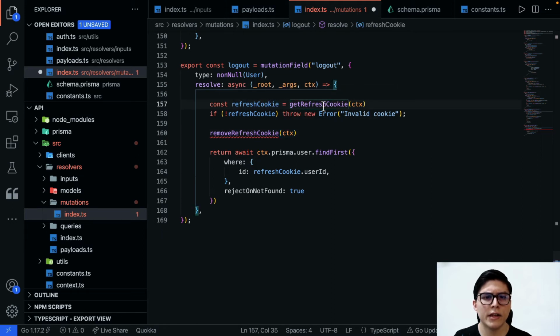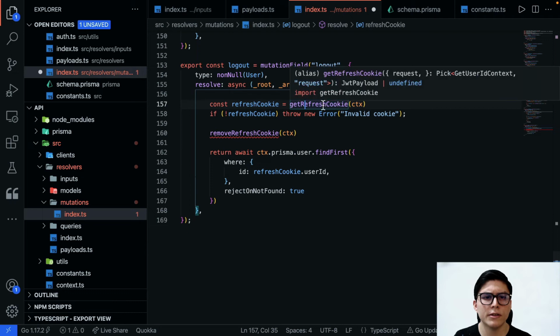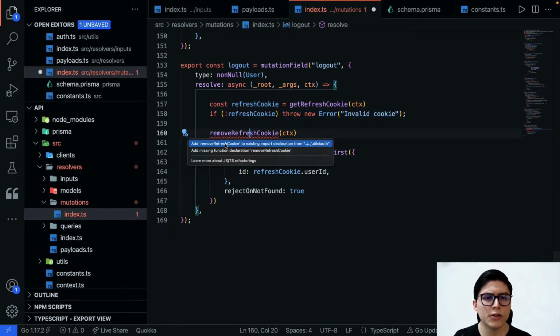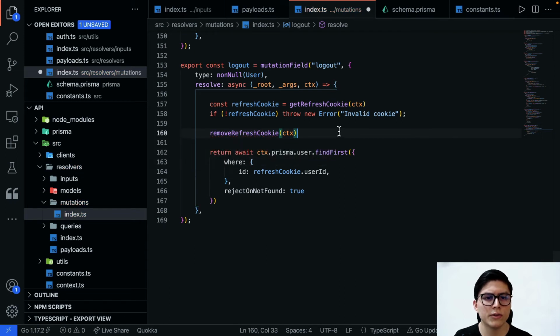The API is going to try to get the refresh JWT from the cookies. If it's not there, you can optionally throw an error, but if it's there, you need to make sure that cookie is expired right away so that the browser cannot use it anymore for future requests.